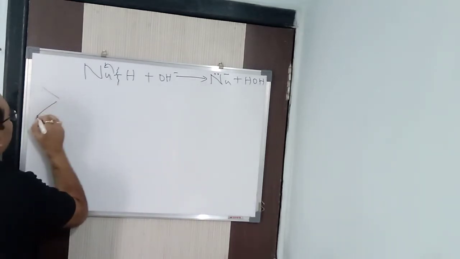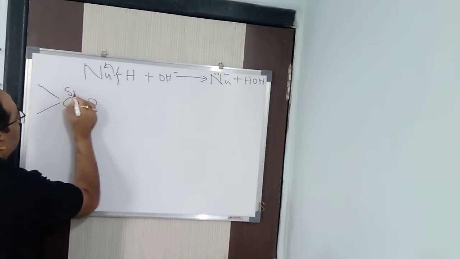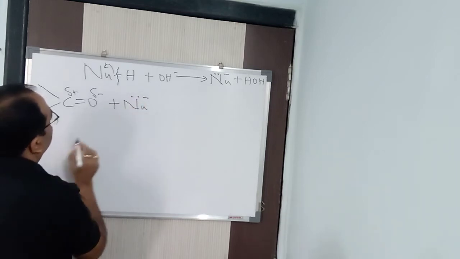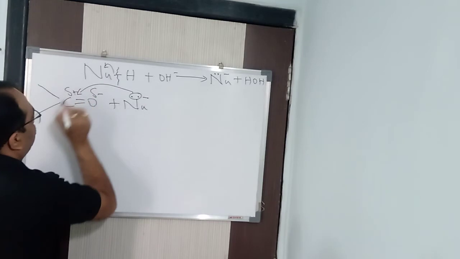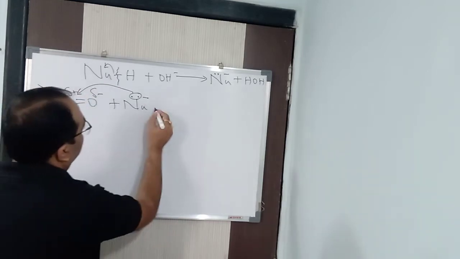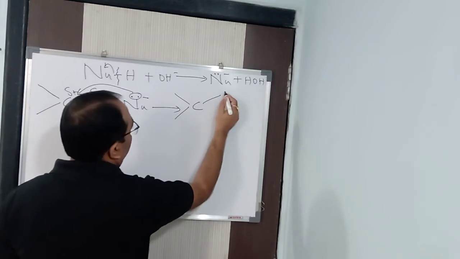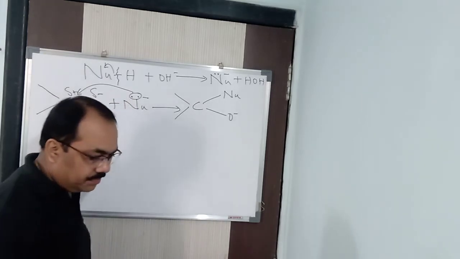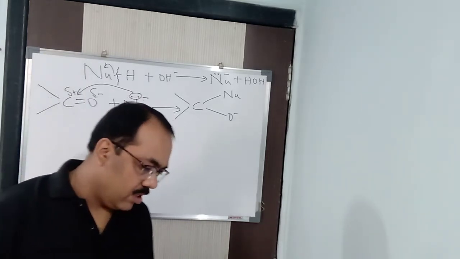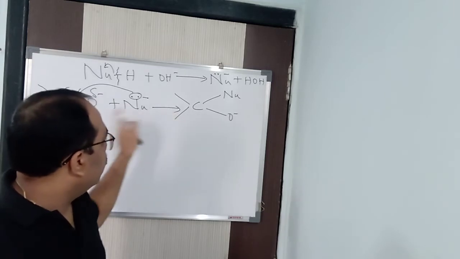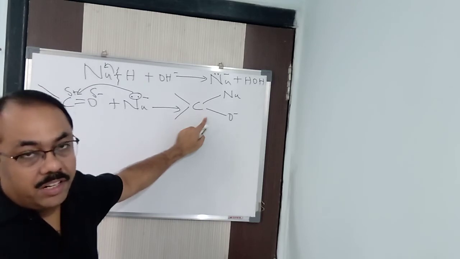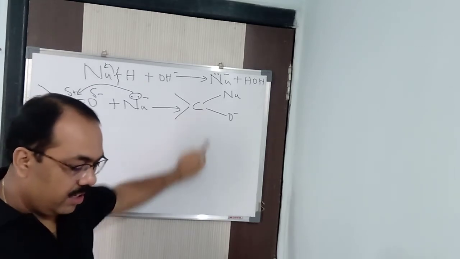Fine. The nucleophile is being produced. Done. Now, next we will be taking a carbonyl group, C double bond O, where this is positive, this is negative, and this nucleophile, we are getting it from here. Alright. So this pair of electrons will be attracted towards this carbon, and you will get the same sort of product. That is, here you will be getting the nucleophile, and here it is O minus. Clear? The same as what we have seen. Again, this is your slow step. The first step which I have done for you, it is written on the board, is a slow step. Got it? Rate determining step.